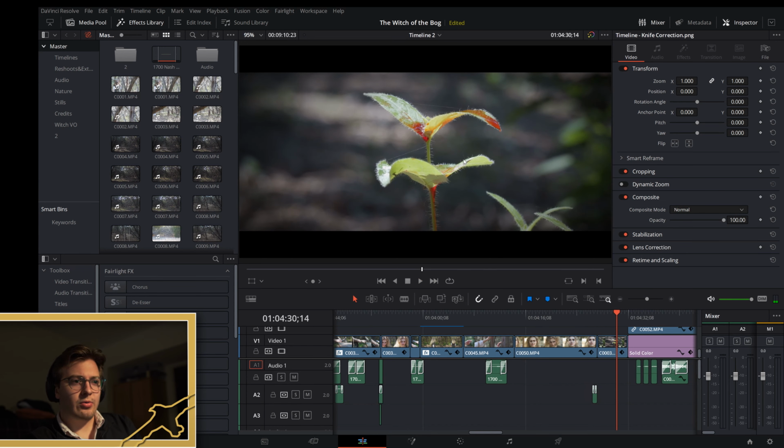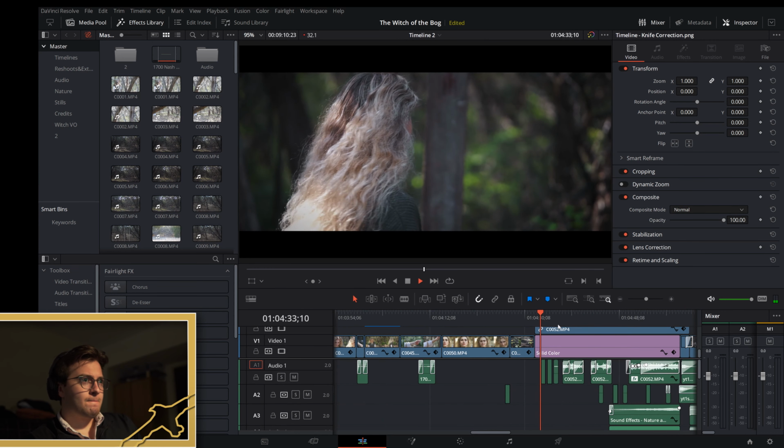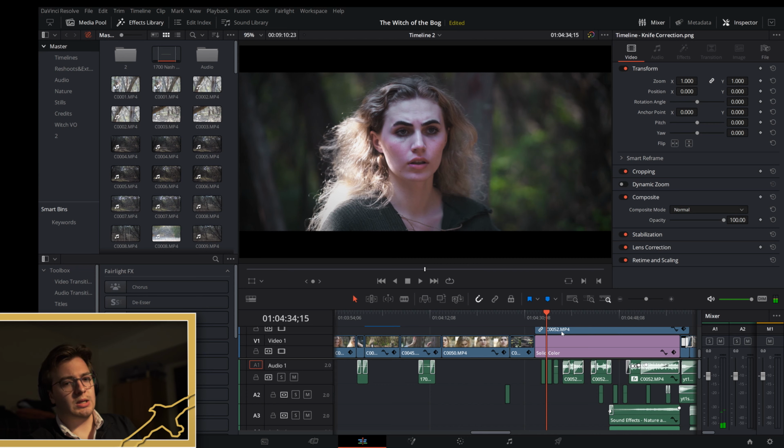We did some macro photography to just get the fact that she was bleeding onto the forest floor. And then she turns, and this is one of the toughest shots in the film, at least on a